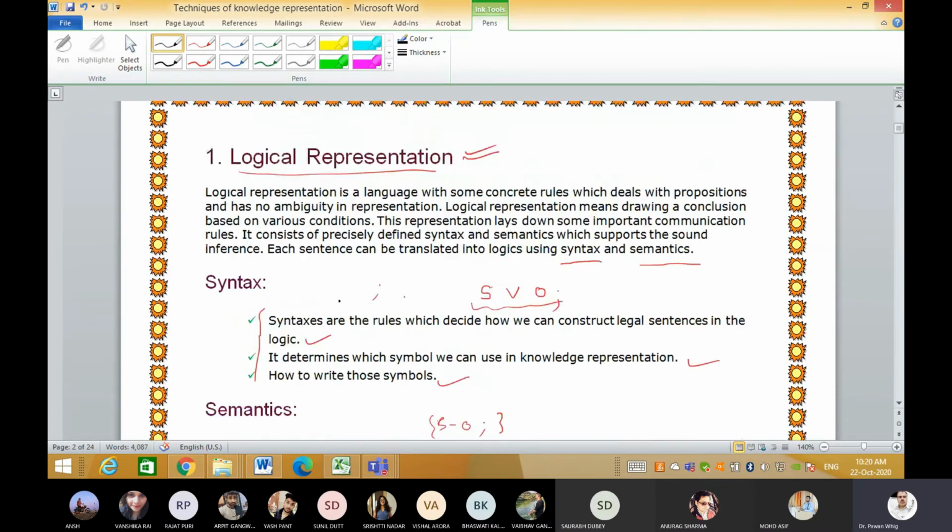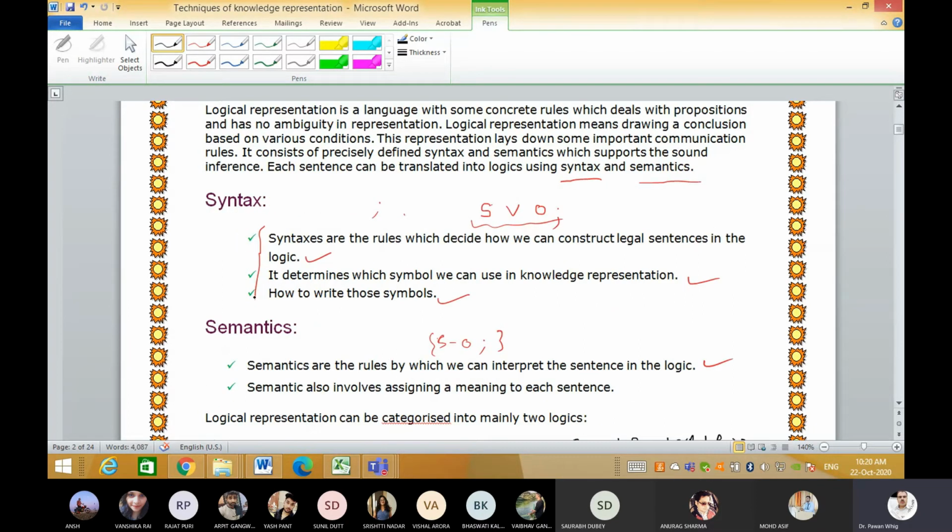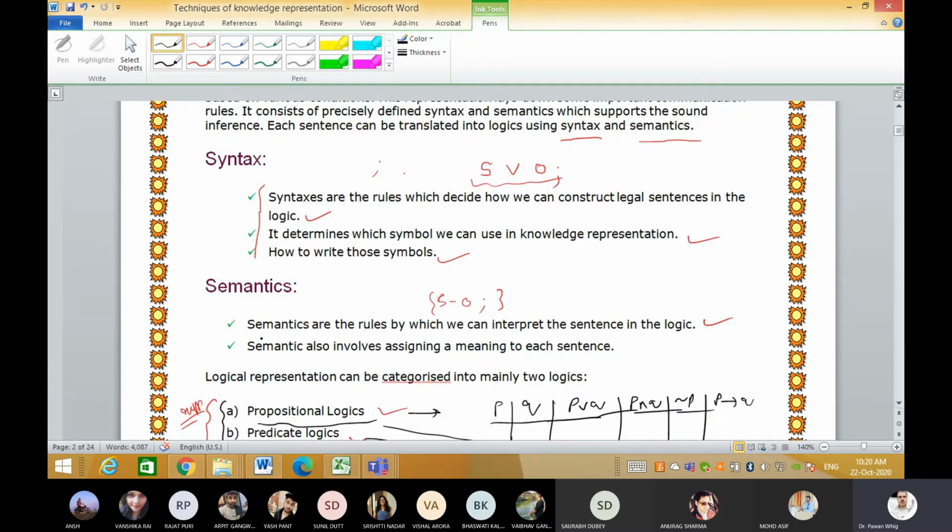So the first one is logical representation. It is a technique of knowledge representation, and in logic representation there are two very important terms: syntax and semantics. Syntax is used to construct a sentence, and semantics is used to interpret, or read, that particular sentence.